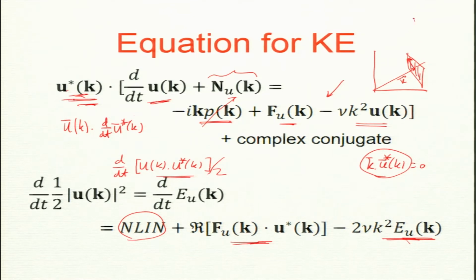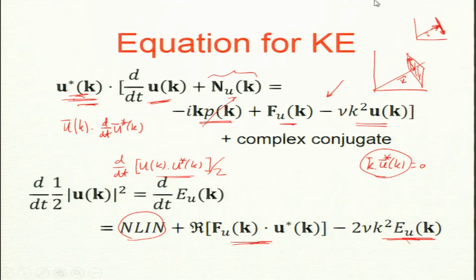In 2D it is easy. If this is a k vector, then u of k must be perpendicular to k. That is it. It has no choice. It has to be along this line. Is that fine? So, 2D is straightforward. In 3D, I need to take two basis functions.